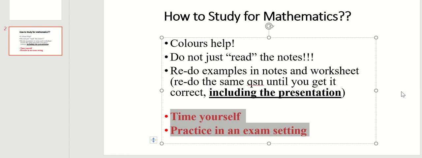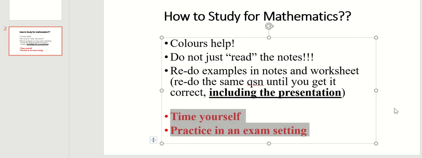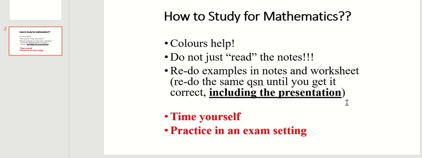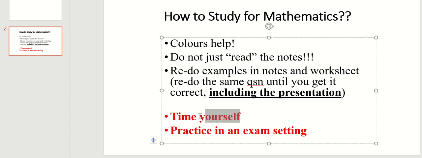I have many students telling me that, sure, when I do practice on my own, I do what you said at the top, but when it comes to exam, I suddenly just blank out. I don't know how many of you experienced this before, but if you are blanking out suddenly during exam, suddenly panic, don't know what to do, it's a matter of confidence. It's an issue of confidence. During exam, you're put under that kind of pressure, pressurized to do things within a short period of time, which you are not used to during your regular practice. So henceforth, really time yourself.